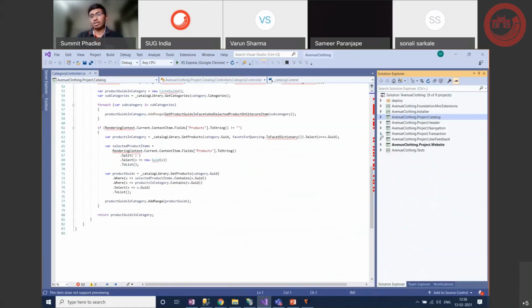You can walk through the entire flow, but this site is something they are using to demo how you can create a product detail page, a checkout process, a category navigation page, or things of that nature. So you have this code ready as a reference. I would recommend that if you have some time, go through this, and maybe in the upcoming webinars I'll also walk you through these documents as and when needed.